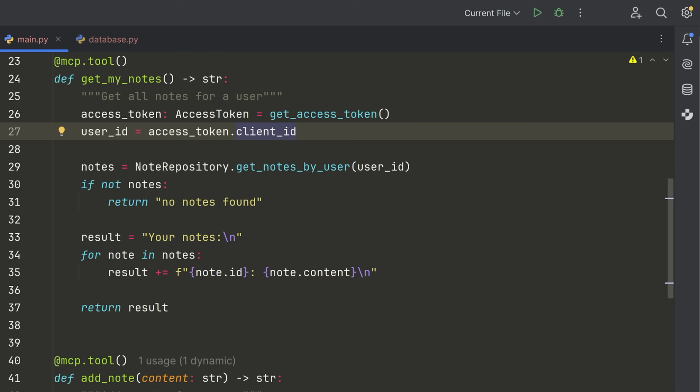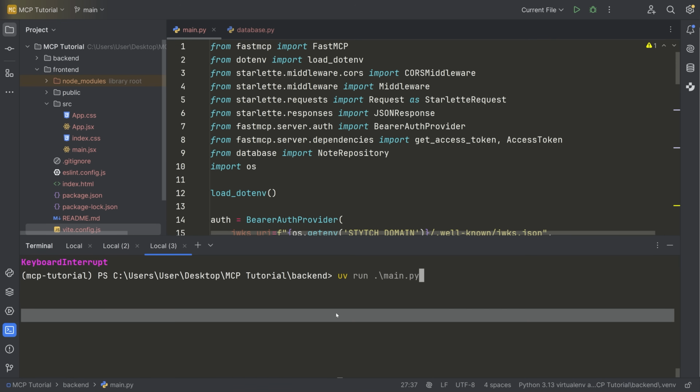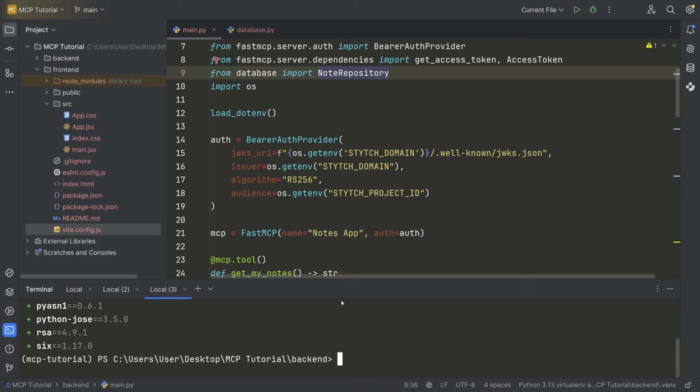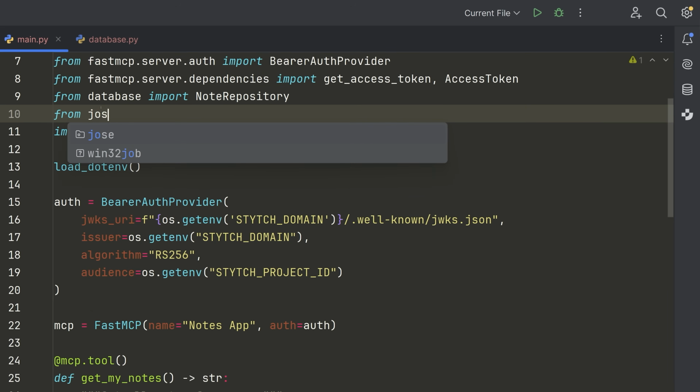It's representing the client, which is like Claude code, who's sending this request. So I'm going to have to do a little bit of manual work here, but it's not too bad. I'm going to shut down the server, which I already did. And we're going to type uv add python-jose. That's going to install a package that we need in order to unload these JWT tokens. So I'm going to say from jose